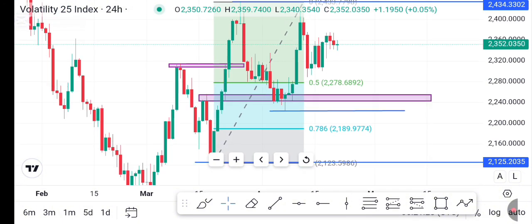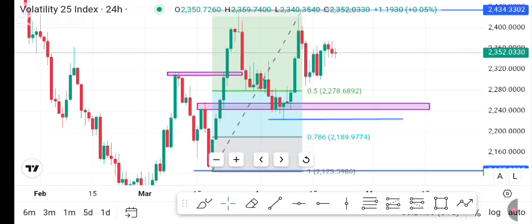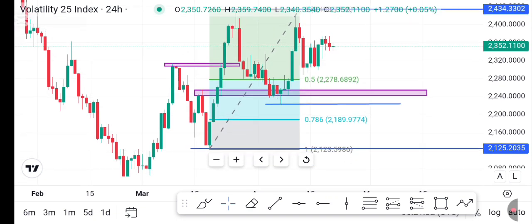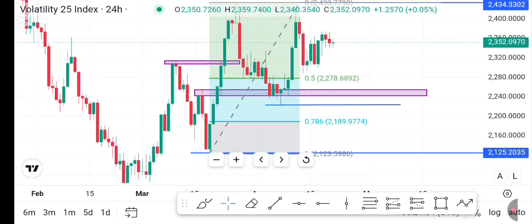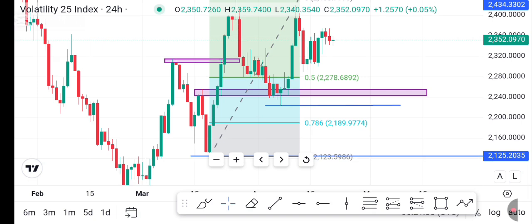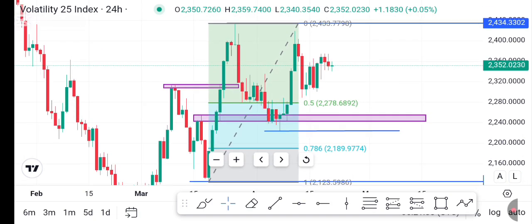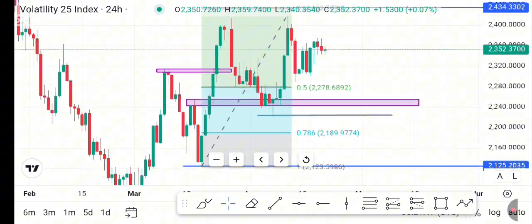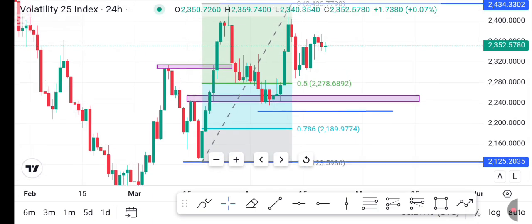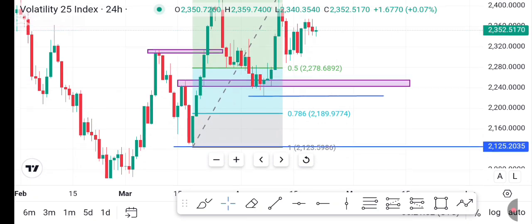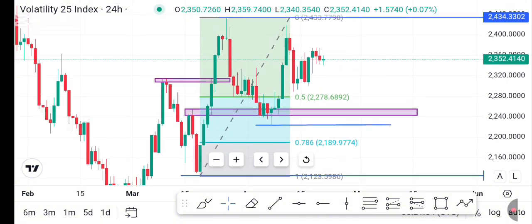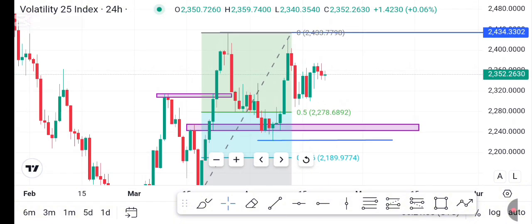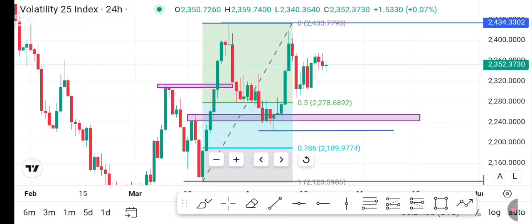You can see that if the market pulls back to the 50% level, that's what we can call a golden key zone. You can see that at least the market has to pull back between 50 and 78, or 61.8. Are you getting the point? So that will be a good area to start looking for buy opportunities, because if it is above,